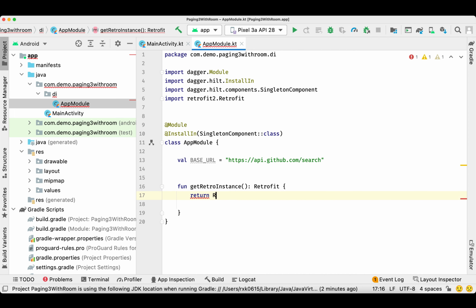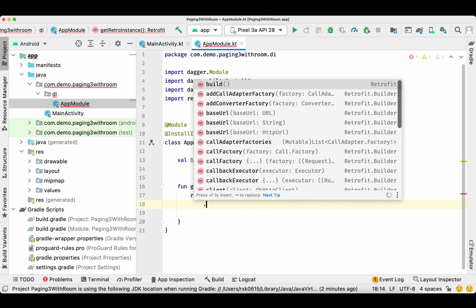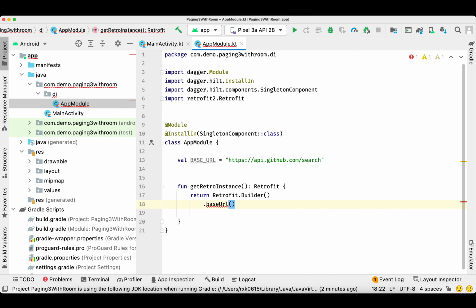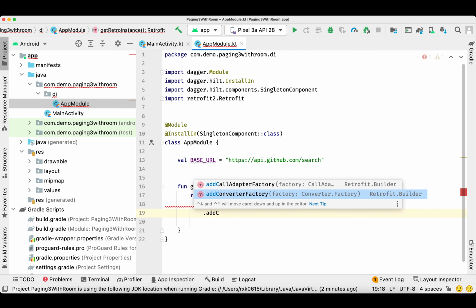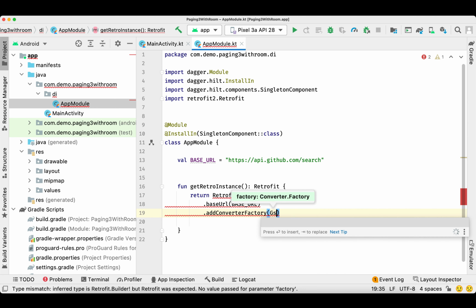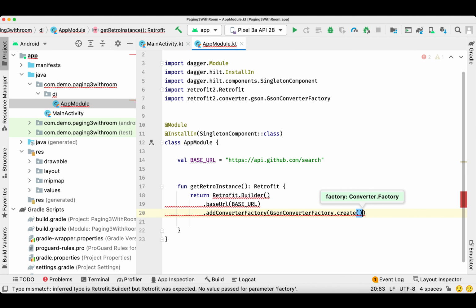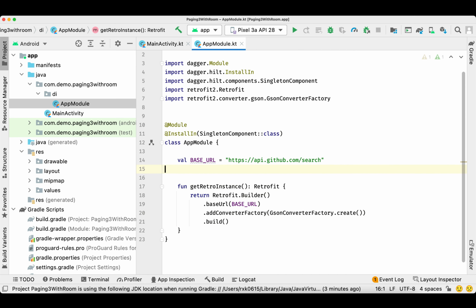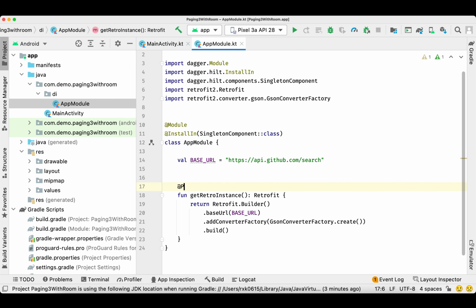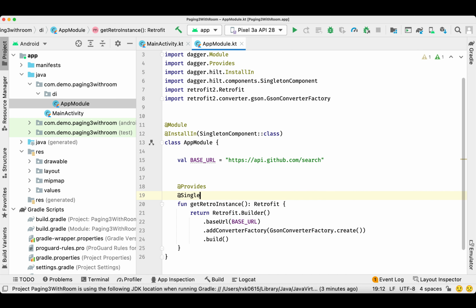We'll simply build Retrofit.Builder and pass our base URL and the converter factory, and we already added the dependencies, so we'll be using the JSON converter factory, and then we'll call build. And as usual we'll make this function Singleton and Provides,